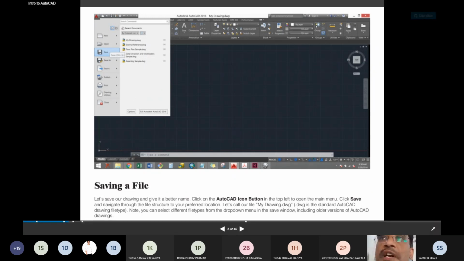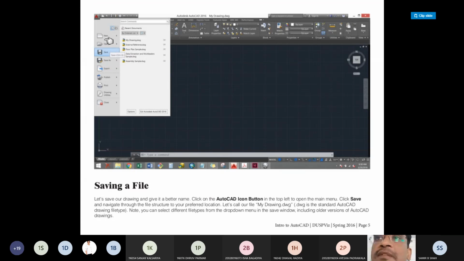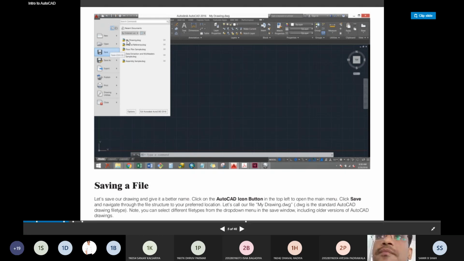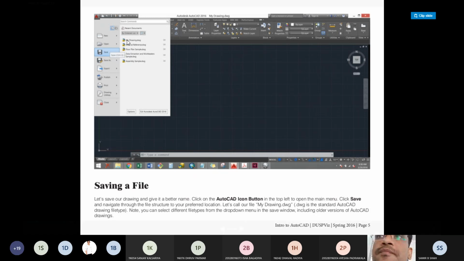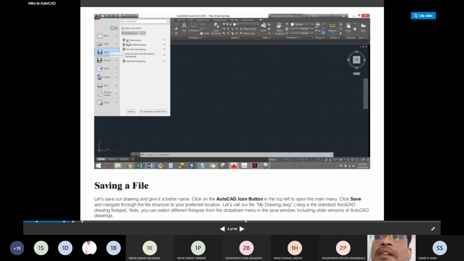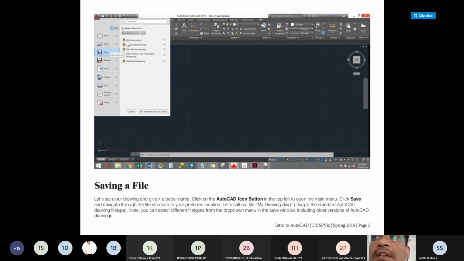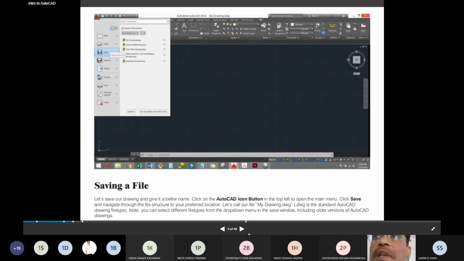So click on the AutoCAD icon in the top left to open the main menu, click Save and navigate through the file structure, and wherever you prefer the location. It's very easy to save any kind of file.